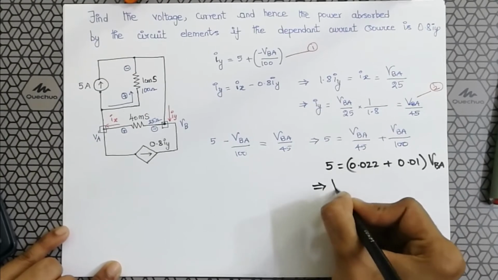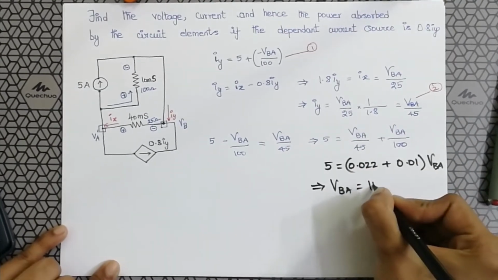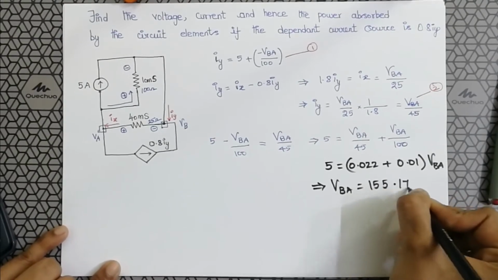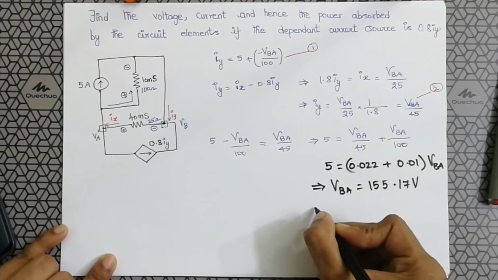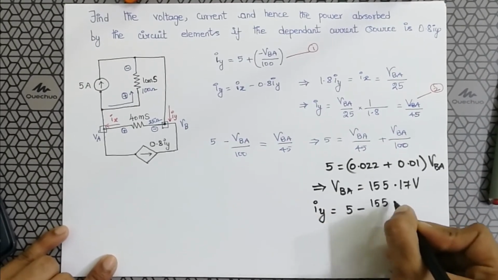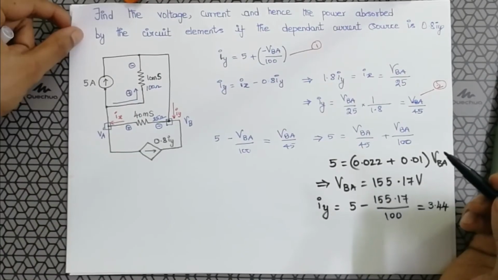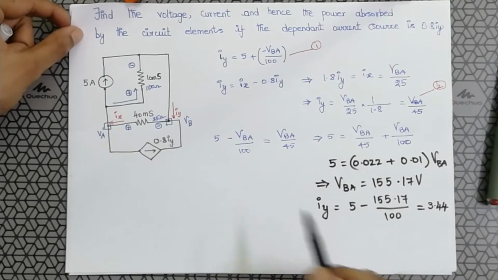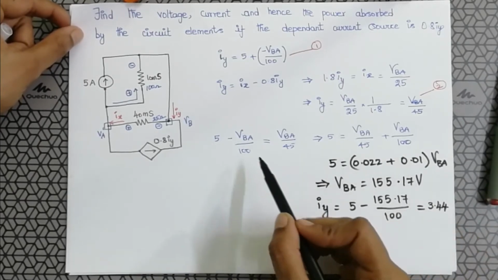So we will get VBA as 5 divided by the sum of these two, which is 155.17 volt. VBA is this. Let us find IY. IY is 5 minus. In this circuit, we have IY as 3.44 and VBA as